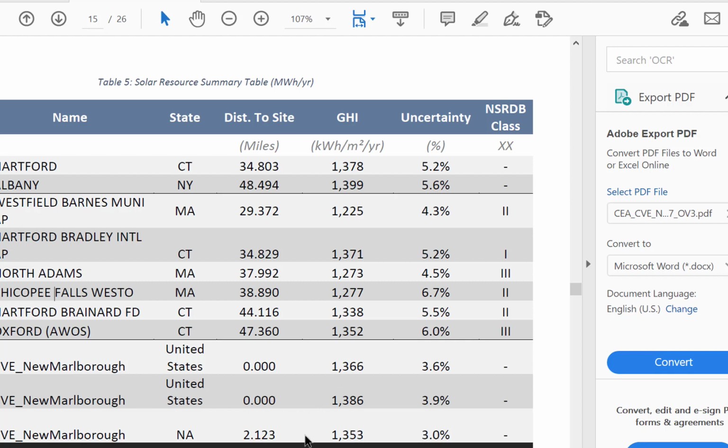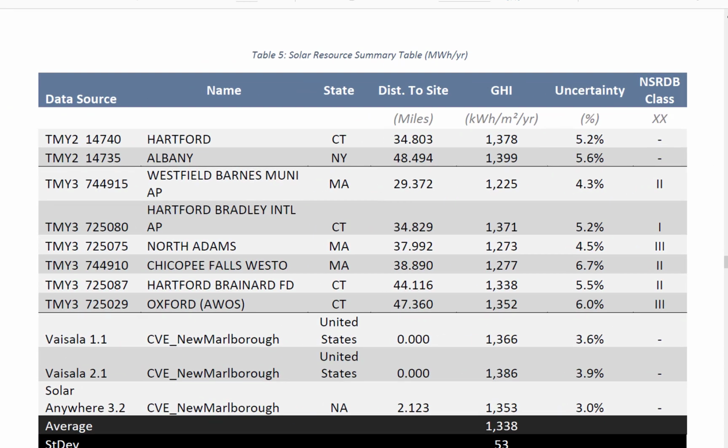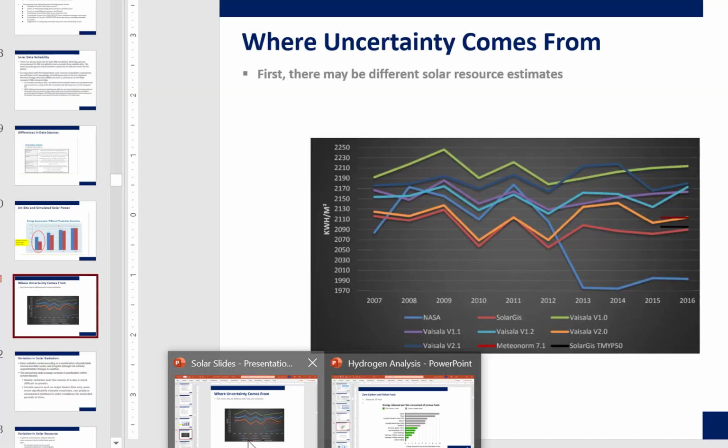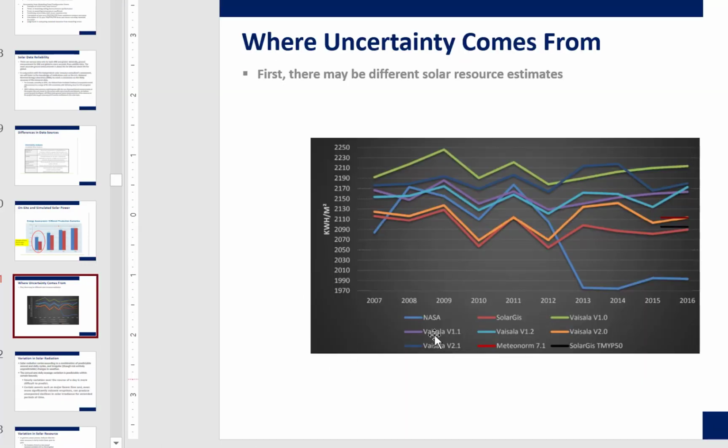I guess they came up with, I don't really know what that is, United States. They came up with different answers. Okay. But the key point here is that different sources, and what happened here to our NASA one is kind of bizarre. We could get uncertainty related to the